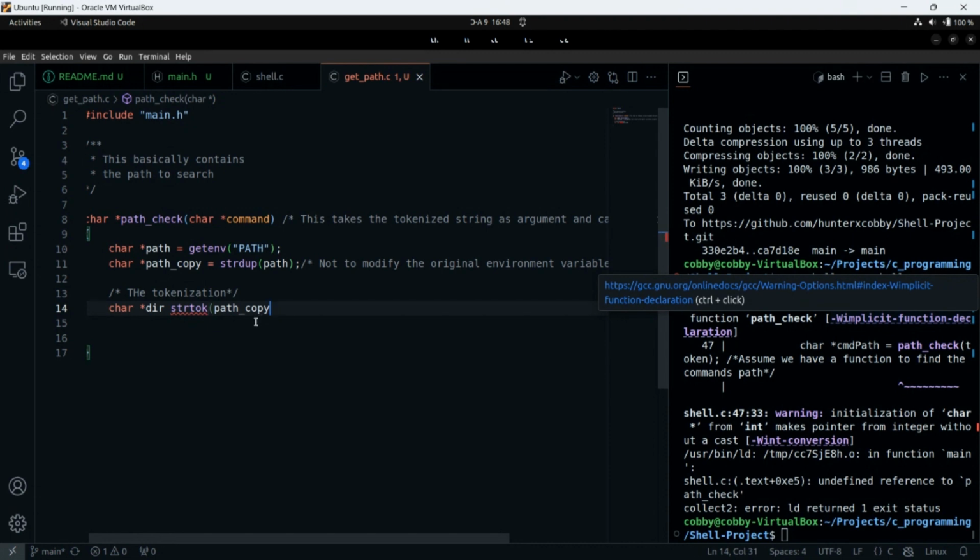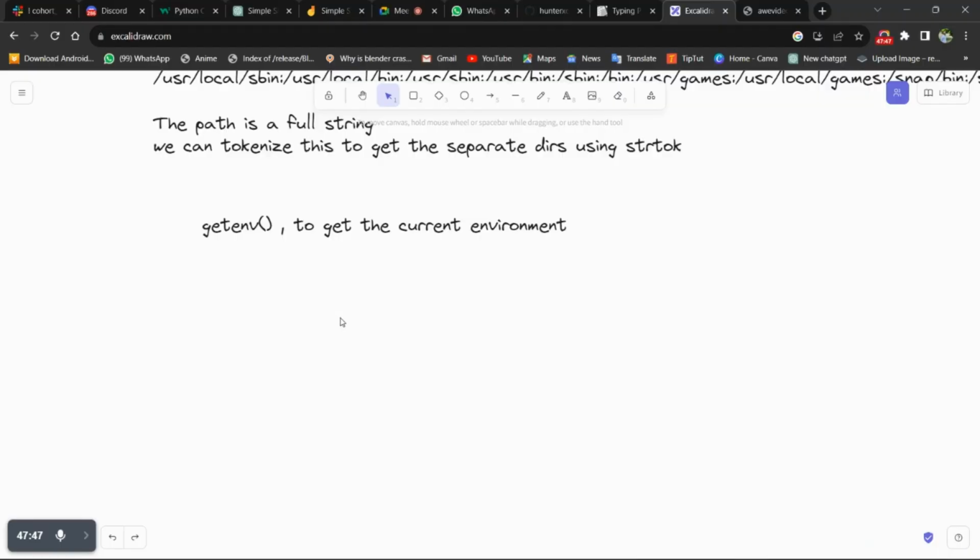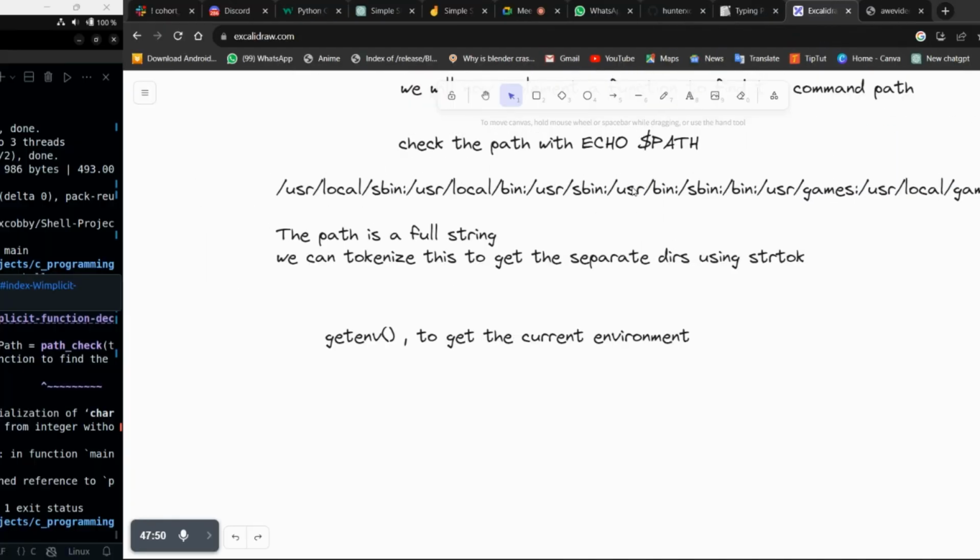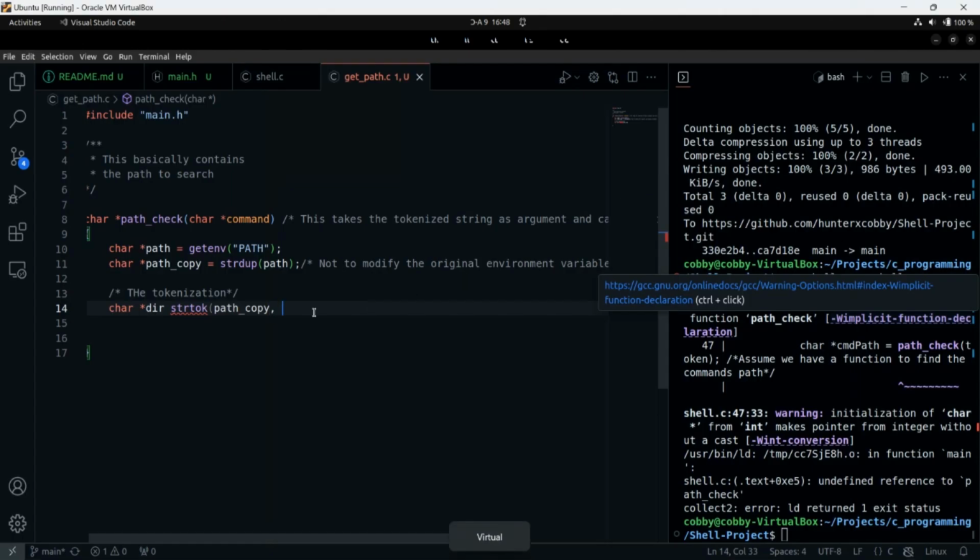Now we need to set a delimiter. What can we use as the delimiter? Yes, the colon. I hope everyone understands why we are using the colon as a delimiter. If you don't understand, please ask and we will explain to you.